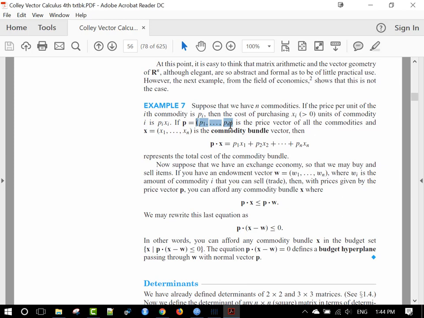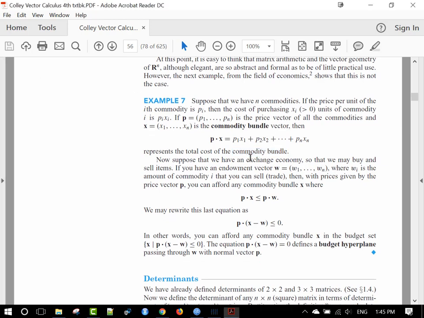So if this is the list of all the prices, and this is the corresponding number of items that we purchase for each commodity, then P dot X, which equals this, represents the total cost of the bundle that we purchase, the commodity bundle, the set of all the commodities that we purchase. They say, suppose we have an exchange economy, in other words, we can buy and sell stuff with